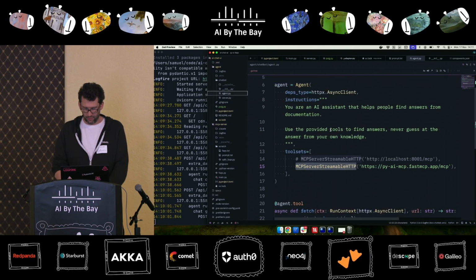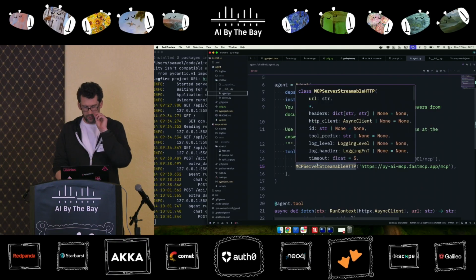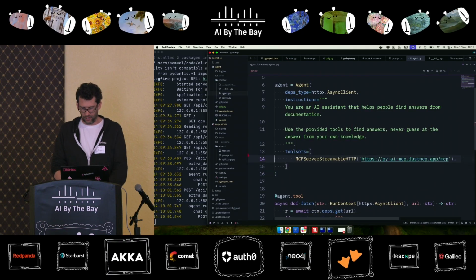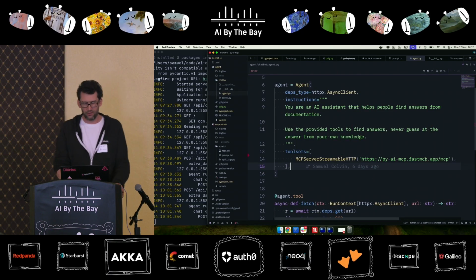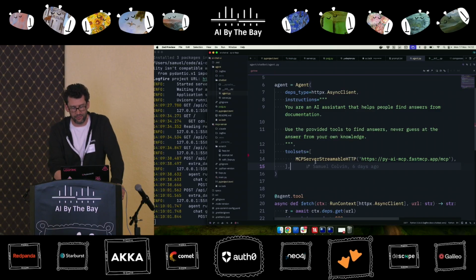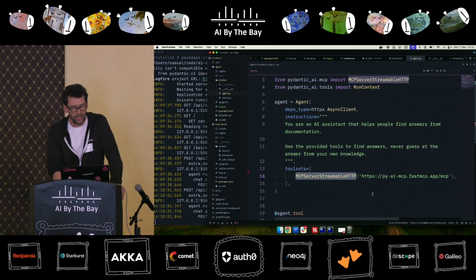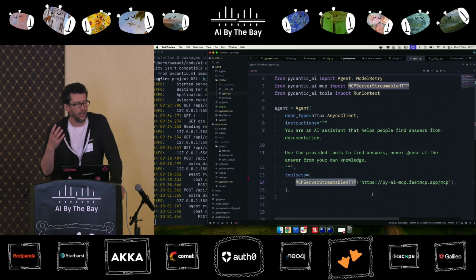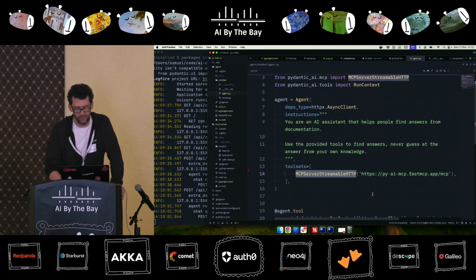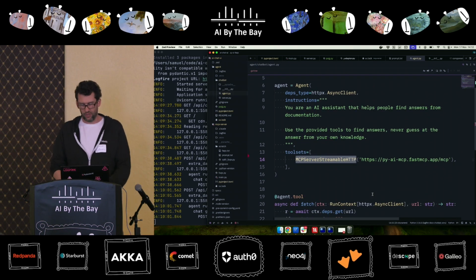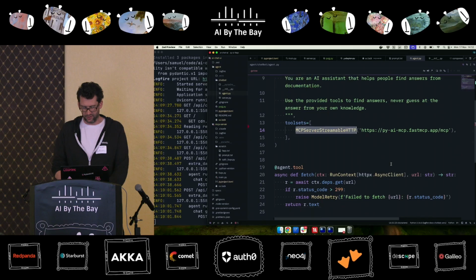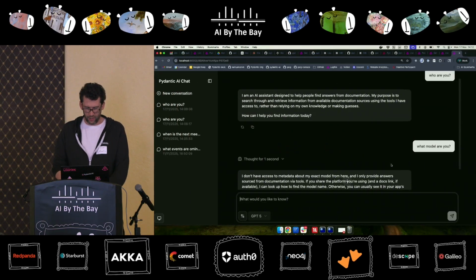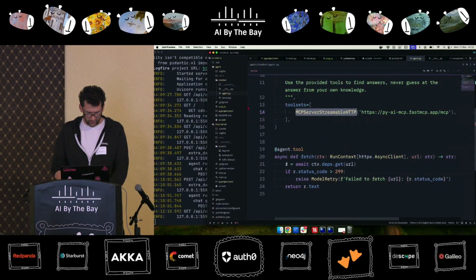And as I say, we come over here. The only thing we need to do is this one line of code here, which you can get rid of when I was running it locally: one line of code to add as a toolset the MCP server over HTTP, and now our agent gets that FAQs tool exposed to it, and now it can answer questions about the events in the series effectively. So if I come back over to the UI,